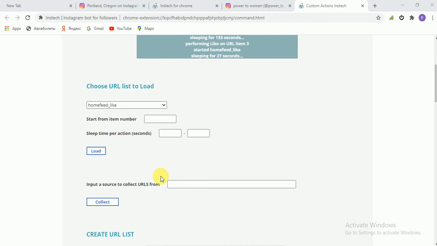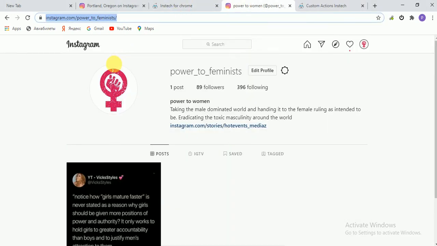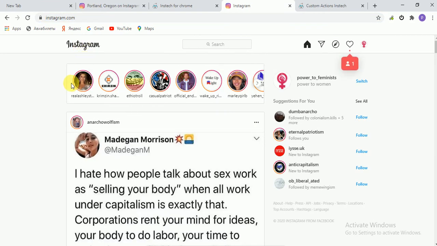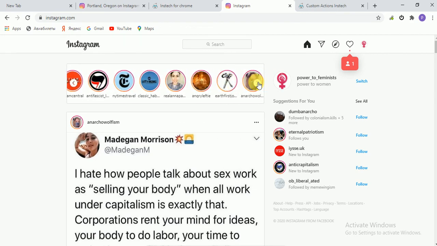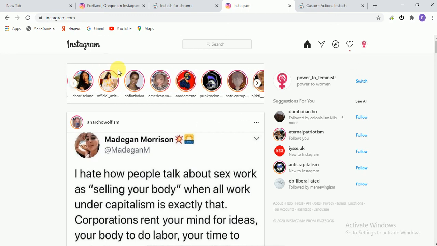The next one we need to know is about stories. For example, if you want to watch the stories of the people you are following automatically, all these people are the people you're following. So what you need to do is,